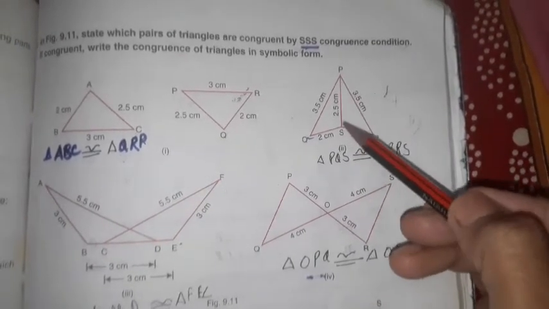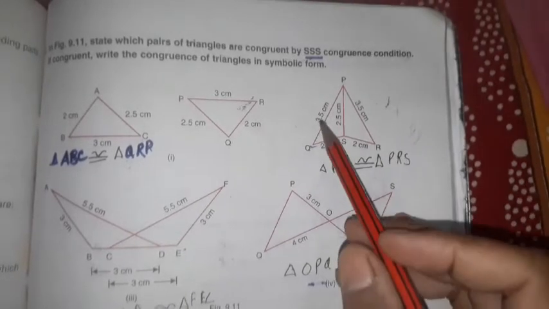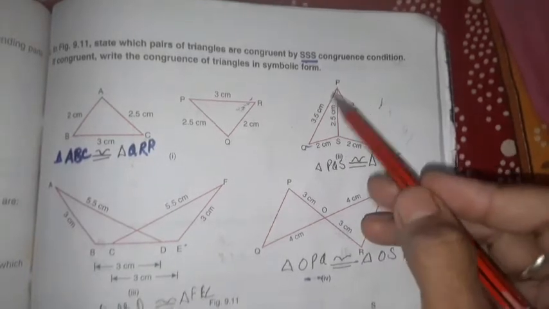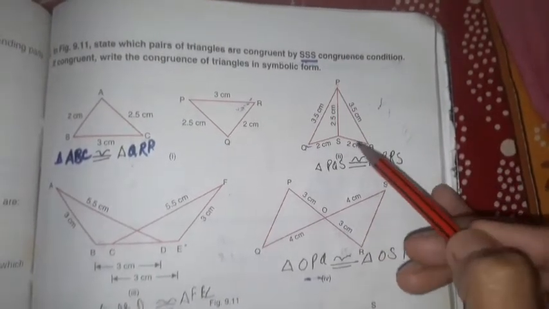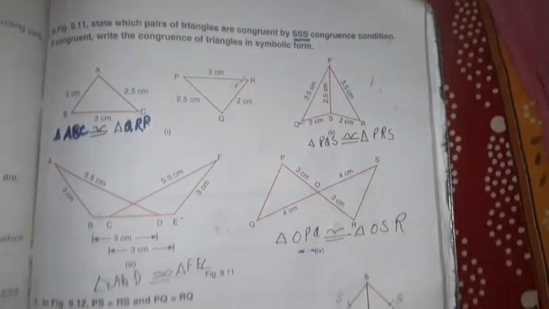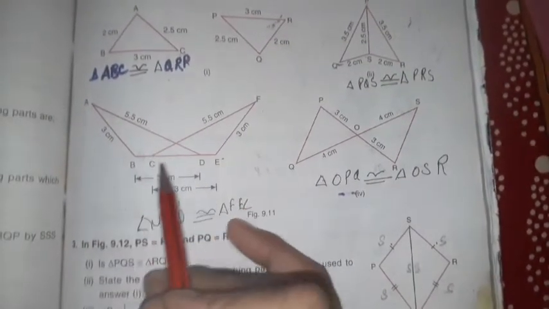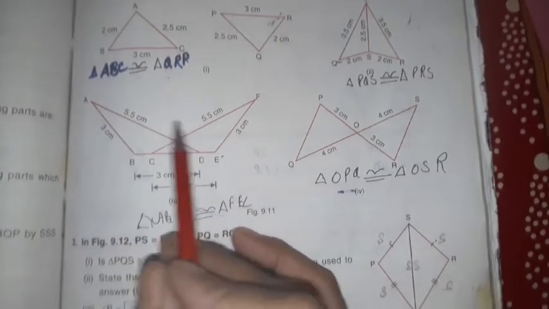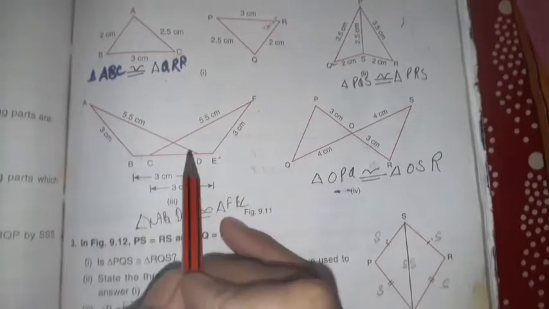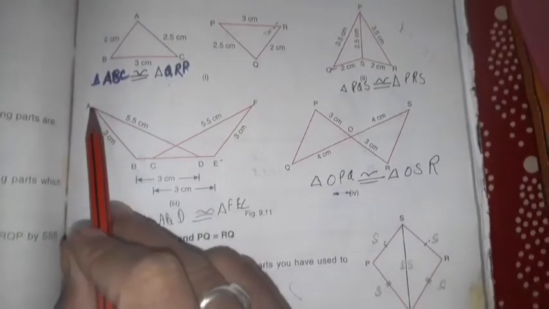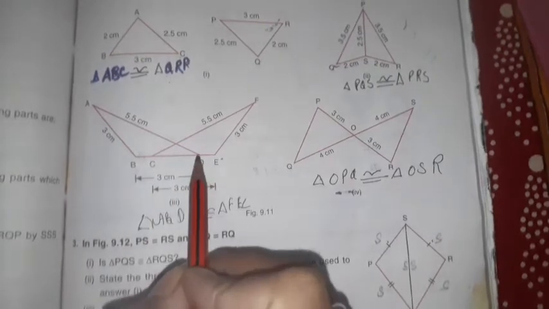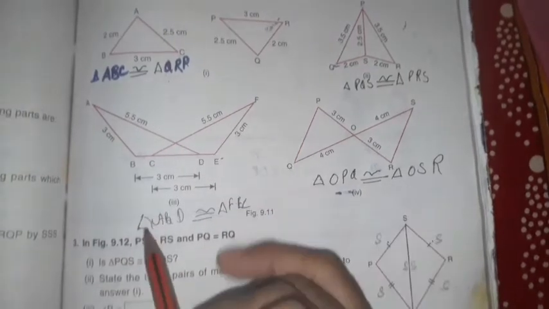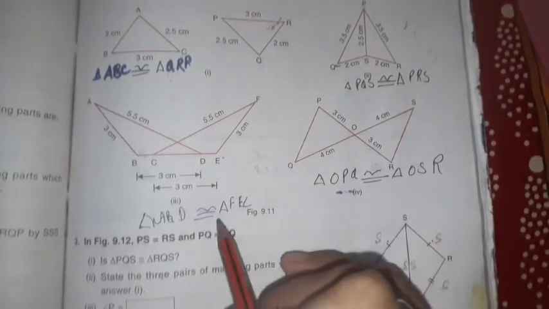there are given two triangles as it is. Again these line segments are equal, it is common, and these are equal. The name of this triangle is PQS. Similarly, the second triangle is PRS. These are congruent. In the same way, all the sides are equal as given, and this BD distance is equal to CE, 3 centimeter. This line segment is equal to this, equal to this. So this triangle and this triangle are congruent. The name of this triangle is ABD. Similarly, the second triangle is FEC. These are the two triangles which are congruent with each other.